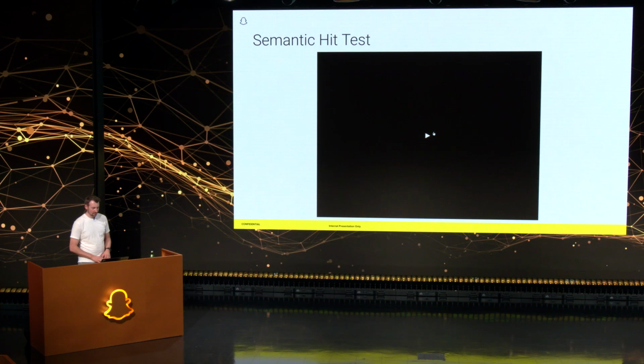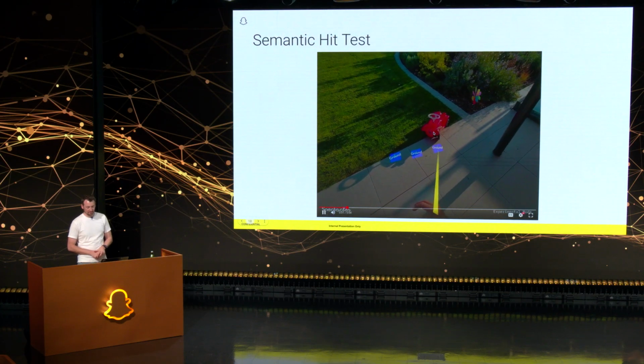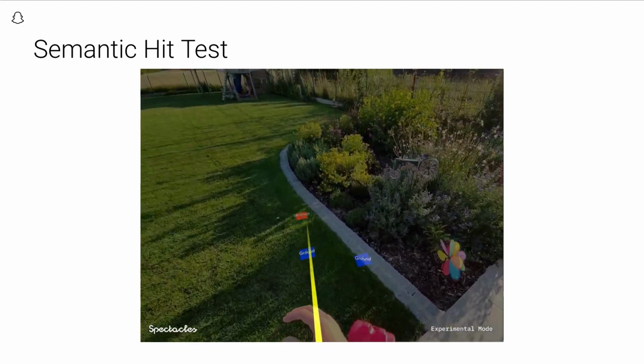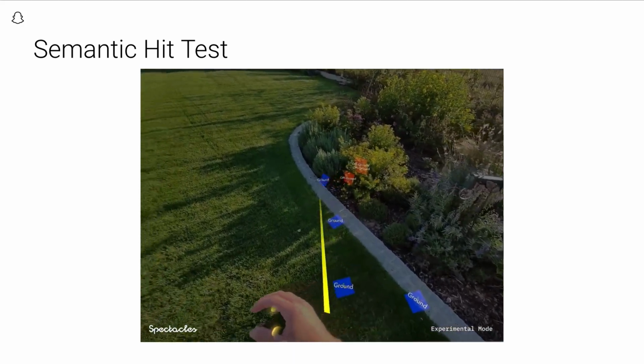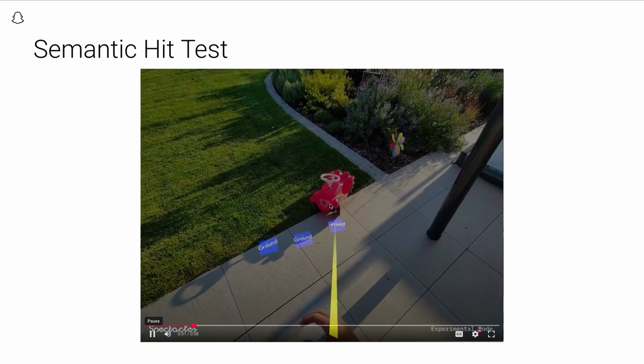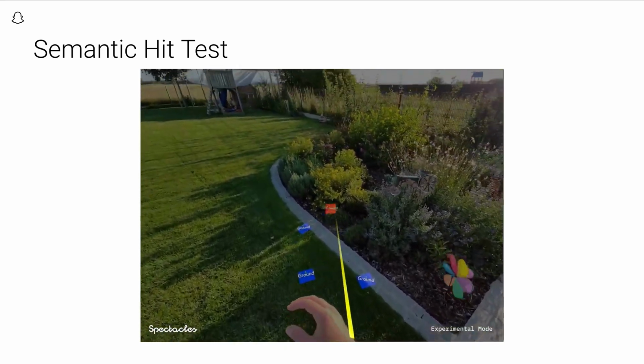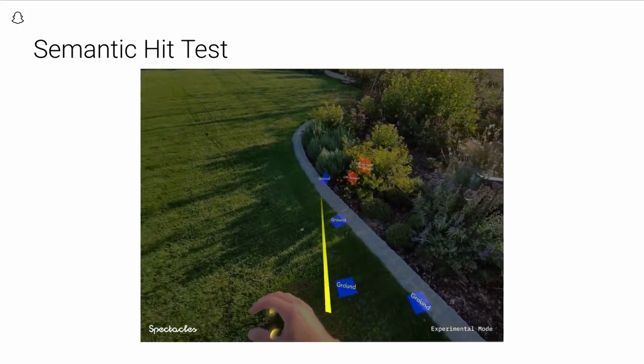Something else you can use: maybe there are also use cases where you don't need the full mesh, where you can just use some of the other things that we're providing. For instance, if you want to detect the ground, there's something that we call semantic hit test. You can just have a ray on your hand or on your wrist, you point at something on the ground, and the algorithm will just tell you if it's ground or if it's not ground. This can be super useful for placing some content